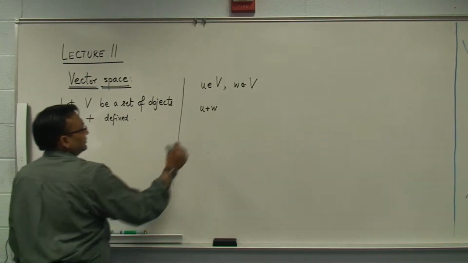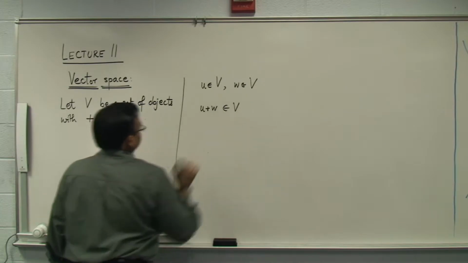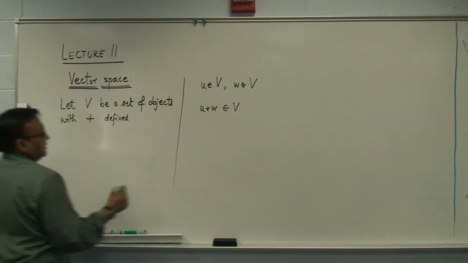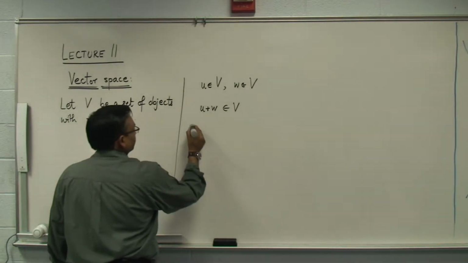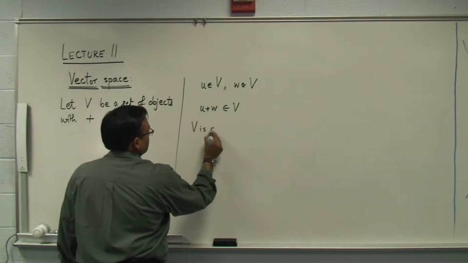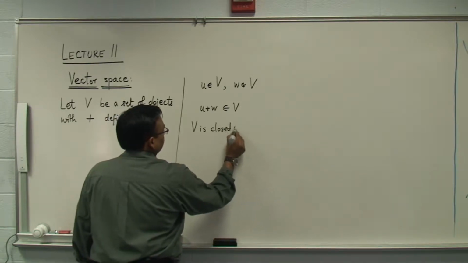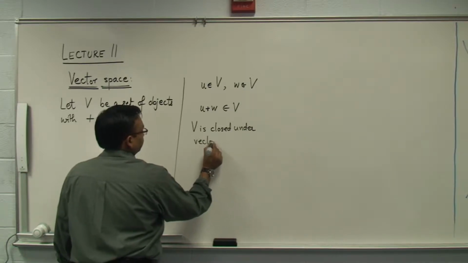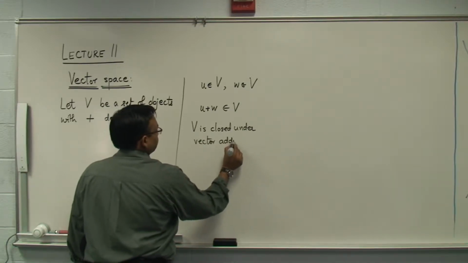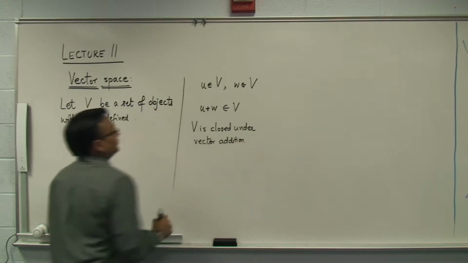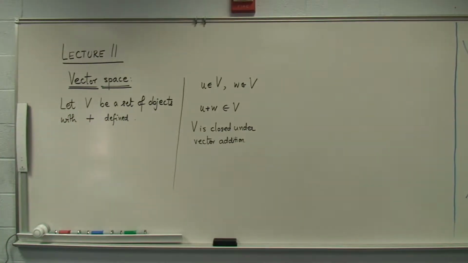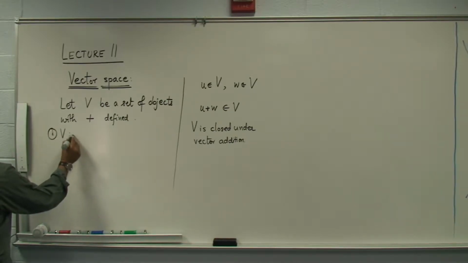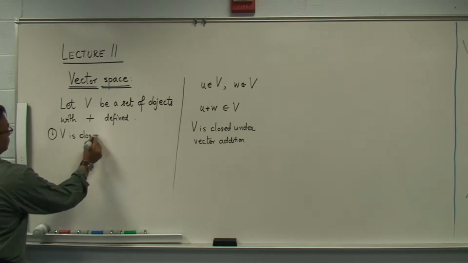And if it so happens that U plus W also belongs to V, for every possible U and W, then we will say the set is closed under this operation. So we will call it V is closed under vector addition. So imagine I am being given a set of objects with some operation defined on it, and V is closed under addition,